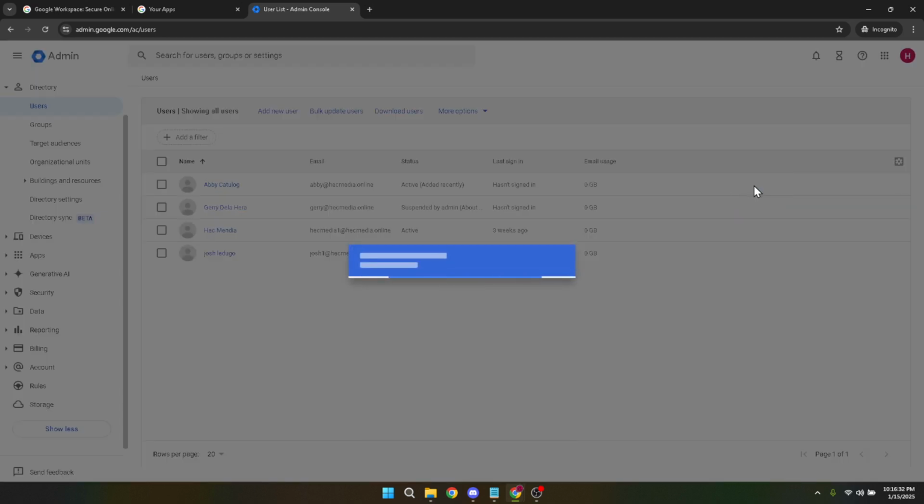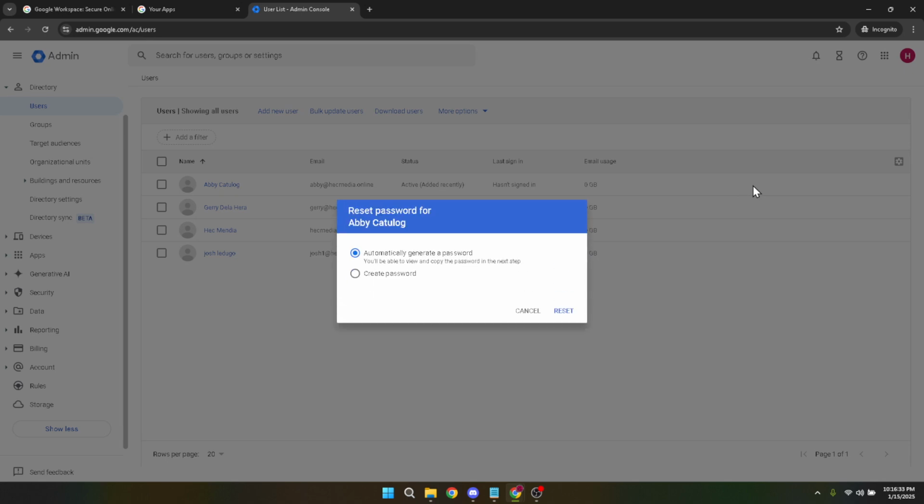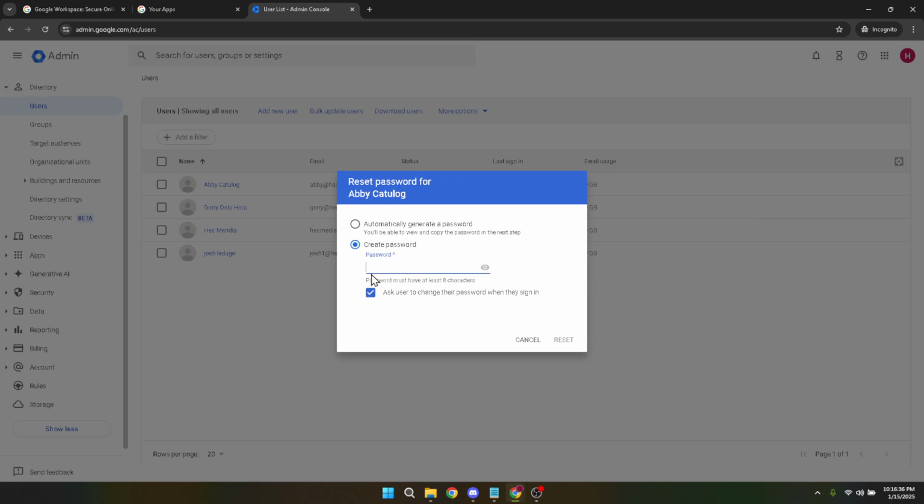After you've clicked there, you'll be given a create password option. Click on this to initiate the process of setting a new password. You'll see a field to type in the new password. Be mindful here to create a strong password, one that's both complex and memorable. Make sure it aligns with your organization's security policies, often requiring a mix of uppercase letters, lowercase letters, numbers, and